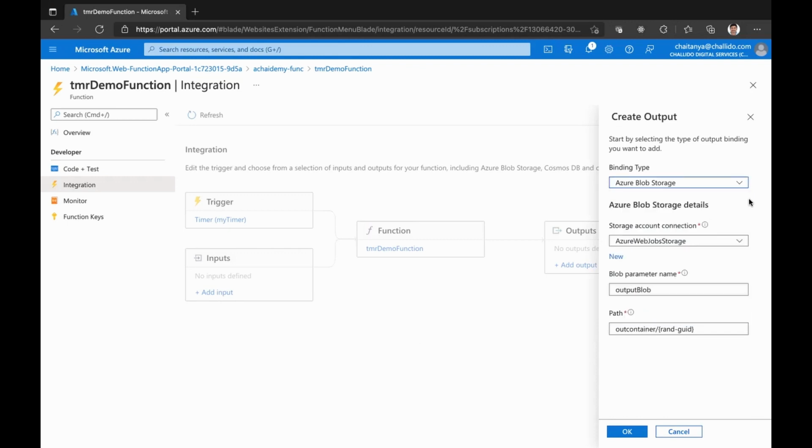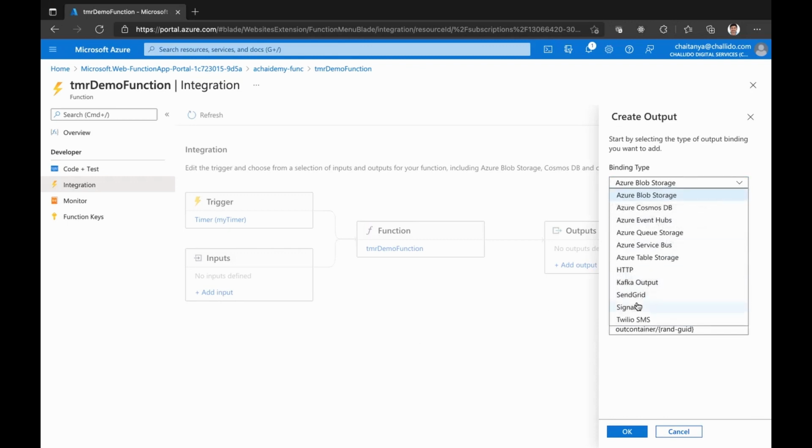So generally, one scenario is you want to take it from the service bus and send it to SendGrid. Service bus is kind of a queue where you can keep sending, and SendGrid is the one which you can use to send emails. So Azure function can get triggered, pick up a value from service bus, process it, create the email content, and send it to SendGrid so that the email can be sent. So that's one scenario where you can use